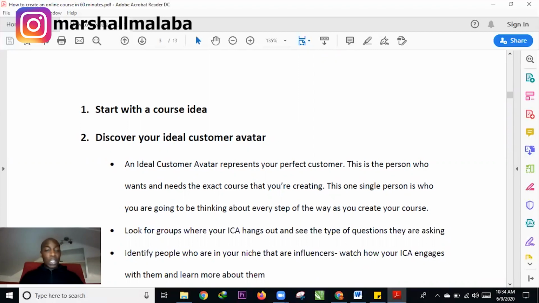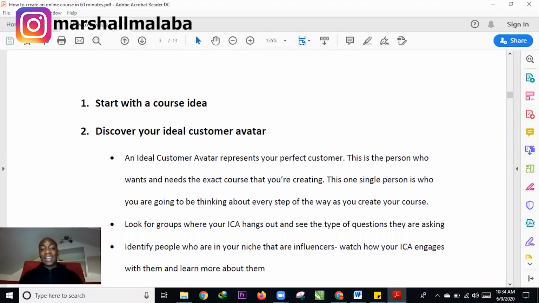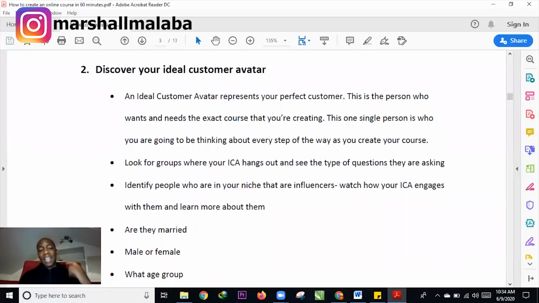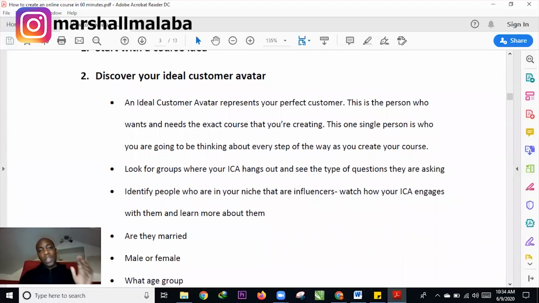So now I'm going to take you through the process of how exactly you know whether that course is going to be profitable, whether it's going to work out for you or not. Point number 2 says discover your ideal customer avatar. If you have an idea of who you want to work with, or this is the course that I want to create, the next thing you have to consider is